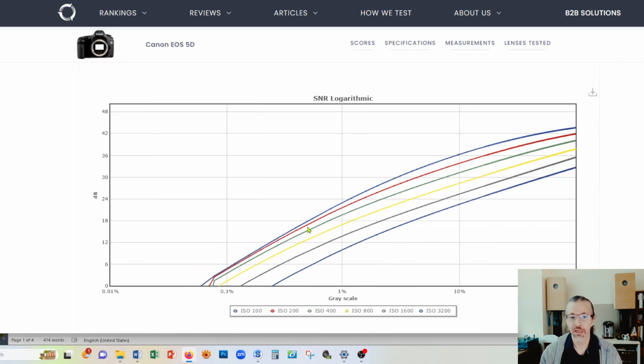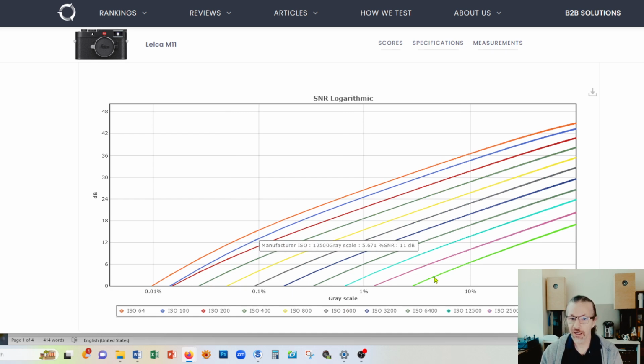And so apart from that, what we see in these two figures when we compare them is that here when we go below 1% grayscale, which means that we have hardly any light, at this point on the Canon 5D Classic sensor starts to lose sensitivity, and then at 0.1% it doesn't work at the highest ISO setting. But for the Leica, at the highest ISO setting, we still have a ton of information at 0.1%, and it loses all capacity to record when we reach